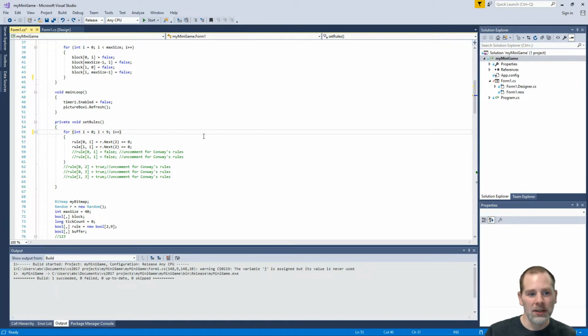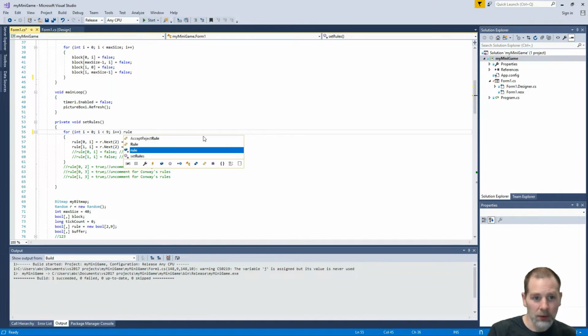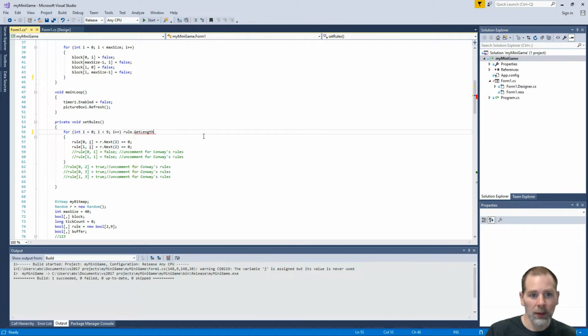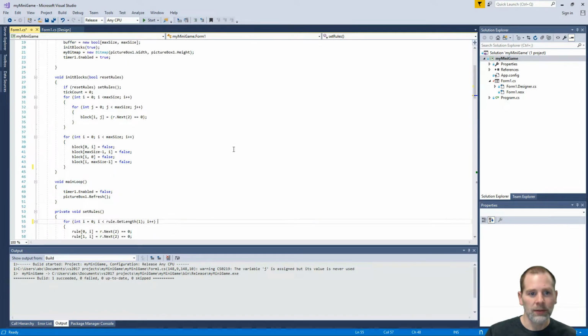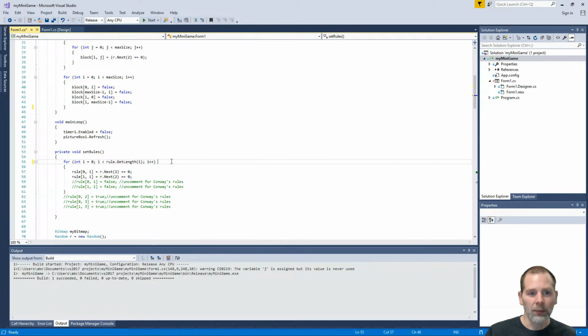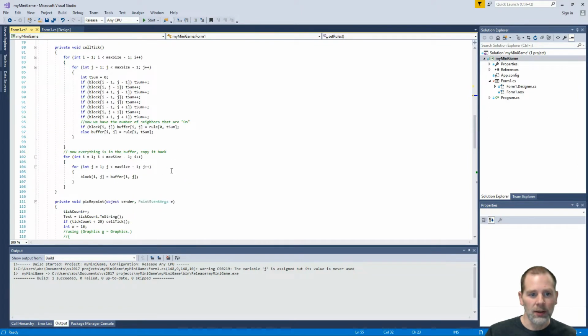Before we get started, I just wanted to show you here that I did figure out how, for a multi-dimensional array, you can do GetLength. Zero would be the first dimension, and 1 is going to be the dimension we're looking for in this particular case. So we're going to do this. It's more of a teaching moment, but that's what you can do in order to get the length of a dimension in